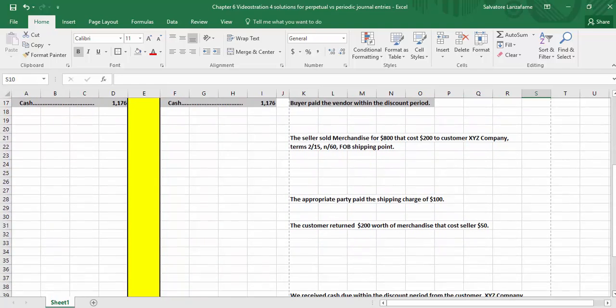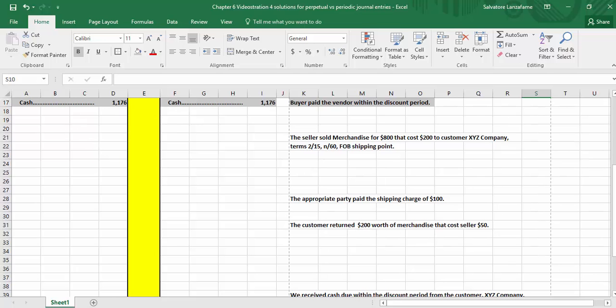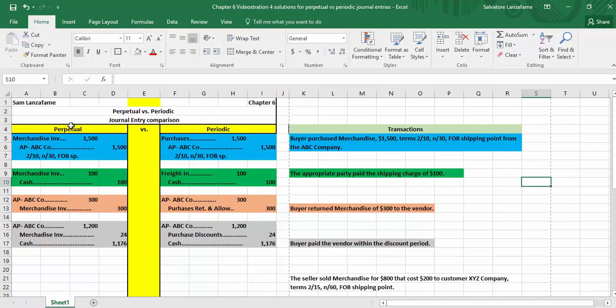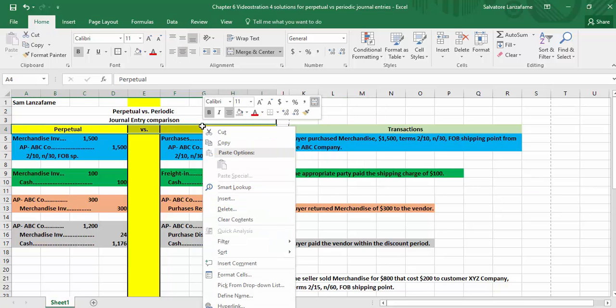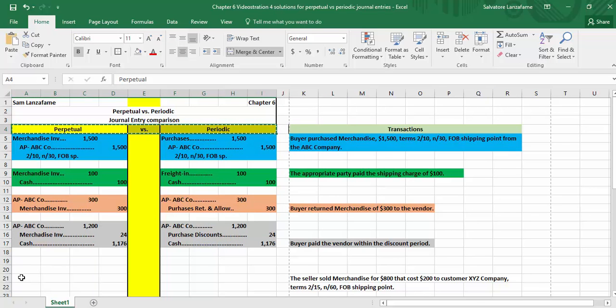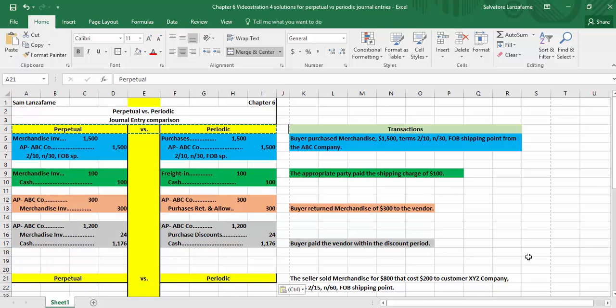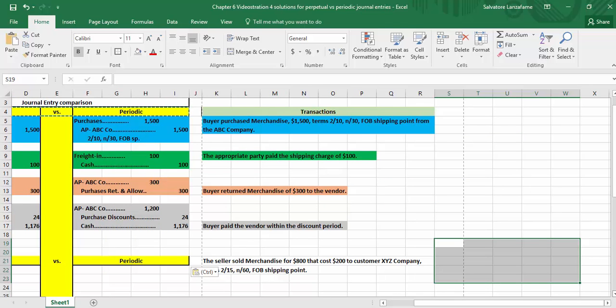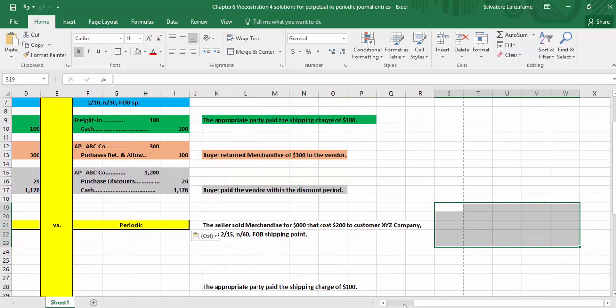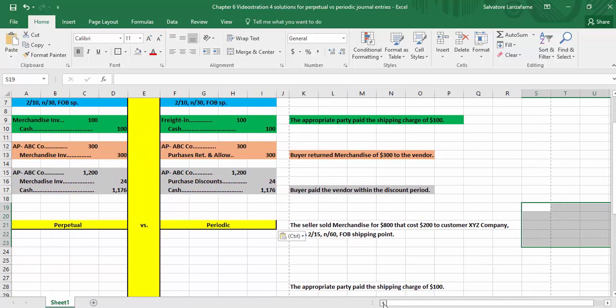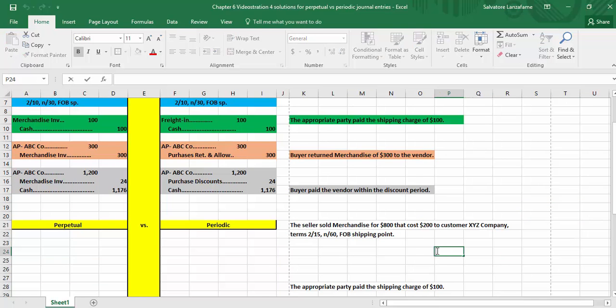So again, we're going to use perpetual and periodic. Just copy this information here, and we'll do it here. Okay, so again, we're making that comparison between periodic and perpetual. All right, so the first transaction says the seller sold merchandise for $800 that cost $200 to